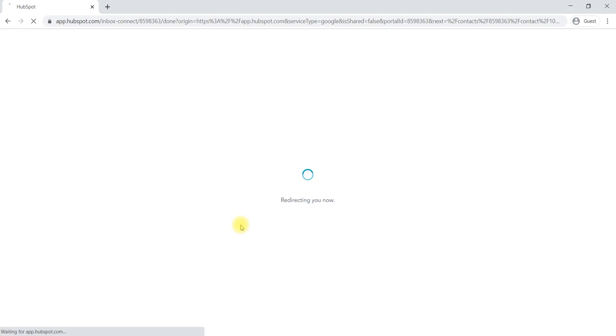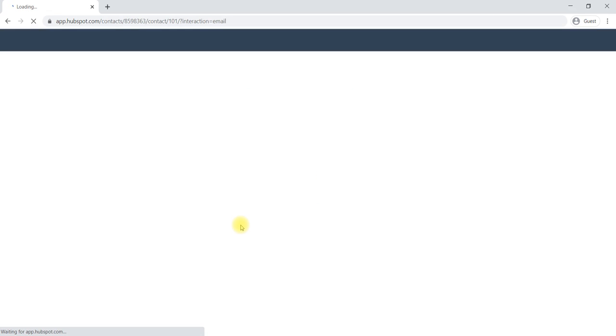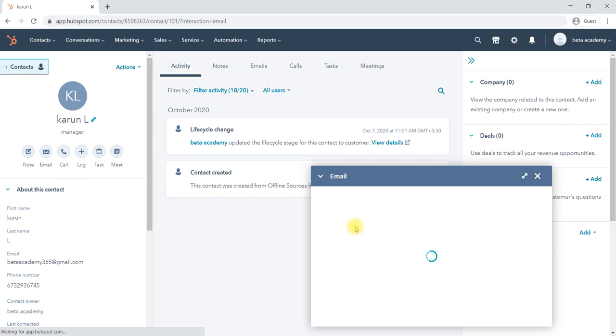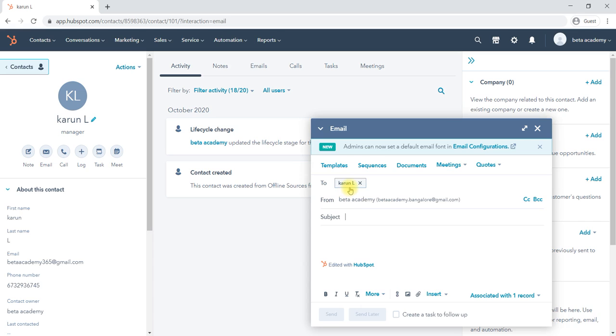So that your HubSpot will be connected with that particular Gmail account, so that you can directly communicate with the client through a mail. You can write here to this particular subject. The subject line here we are already giving, about status, and we'll write some body like this. If you would like to attach something, you can format here.